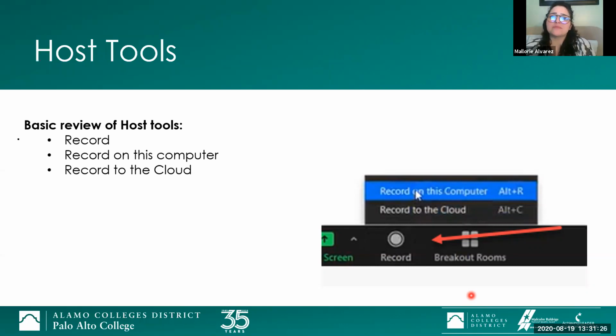Whenever you log into Alamo Zoom, the first thing it asks is whether you want to join a meeting or go to your meetings. If you click the join button, it's going to ask for the meeting ID. So that's available if you didn't get the Zoom link.